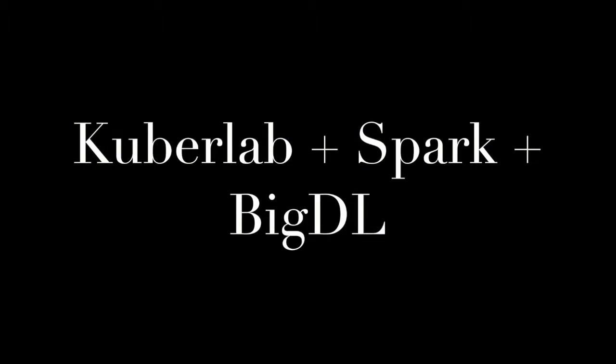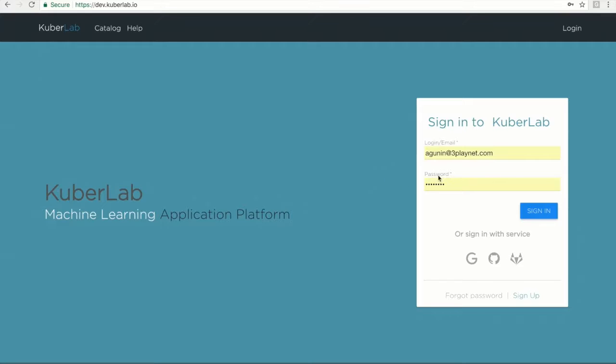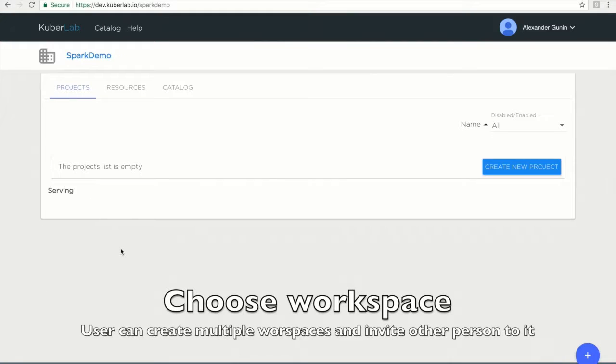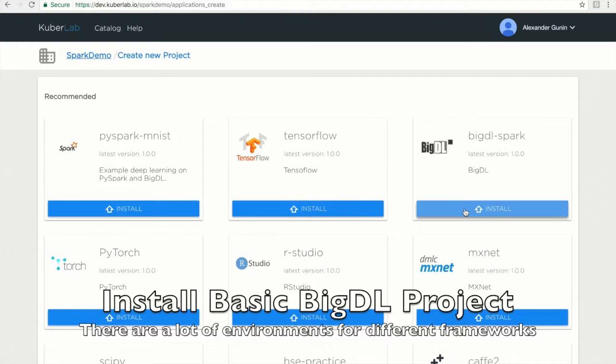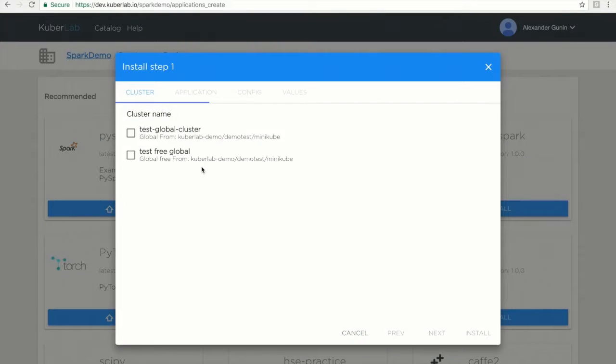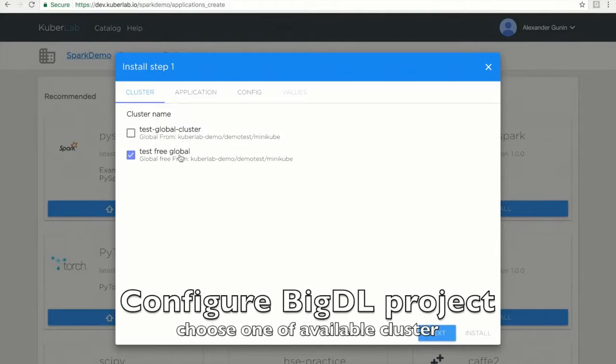Let's look at using Spark and BigDL libraries on KuberLab to train a new model. First, we'll log in, choose a workspace, and create a new project. From the list of frameworks, we'll choose the BigDL Spark project. We'll select the cluster where we want to install this project,